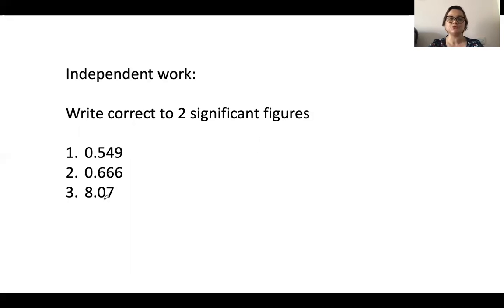numbers correct to 2 significant figures. This is your independent work. Please follow the steps correctly. So remember, first thing, you need to identify the significant figure, underline it, and then all the digits in front of that should stay the same. But the significant figure itself depends, it could be 1 bigger if the number next to it is 5 or bigger than 5, or could stay the same. But the rest of the digits after become 0. So this is the little clue that you have to